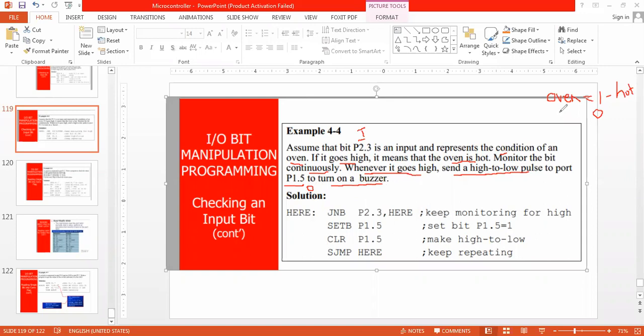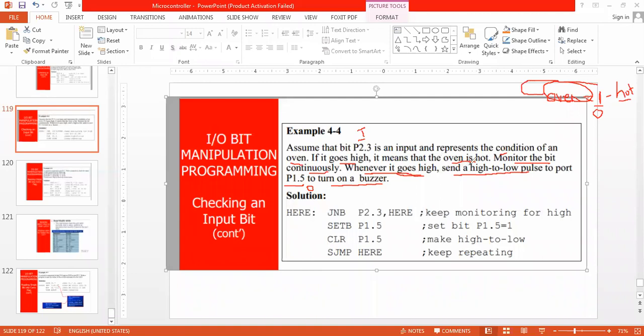So whenever I have to read the O1 now, if O1 is 1, it means it is hot. So if it is hot, I have to monitor this bit continuously, okay, continuously.